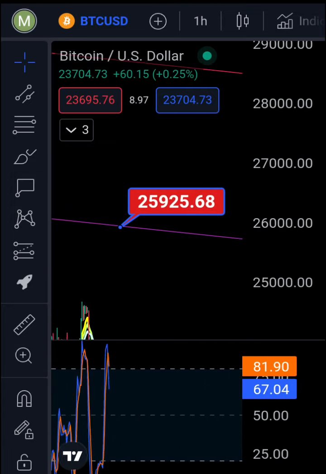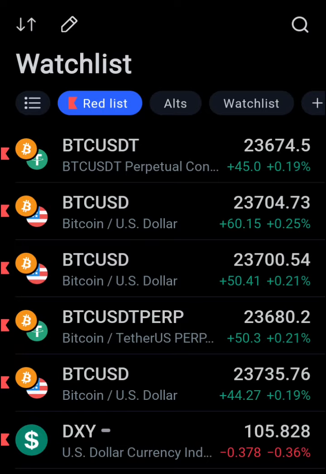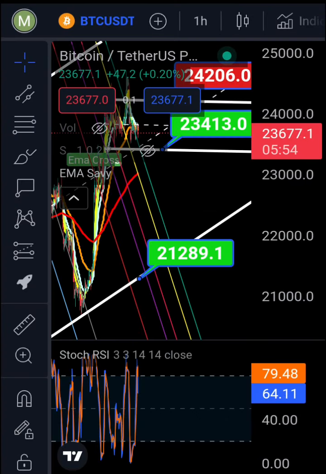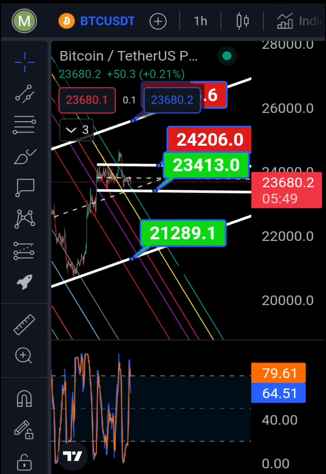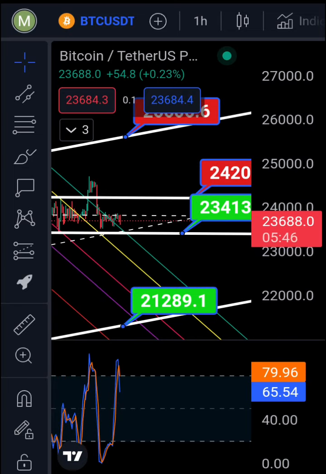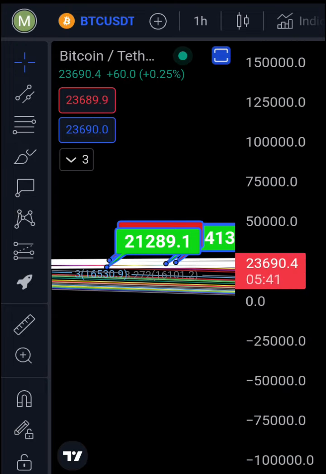Now, as I was mentioning, Bitcoin is traveling in a parallel channel that is in an ascending channel. I'm going to show you that with possible targets. Look at that. Just note them down, keep an eye on them, not financial advice, just things I am looking at. And I like to share it with everyone for free so everyone can be a better trader,